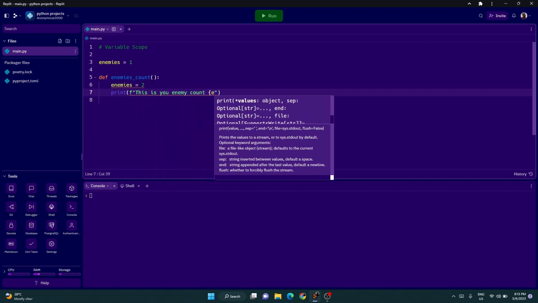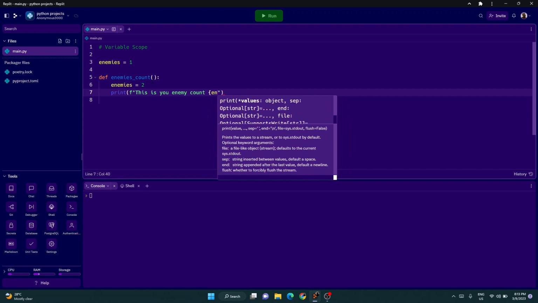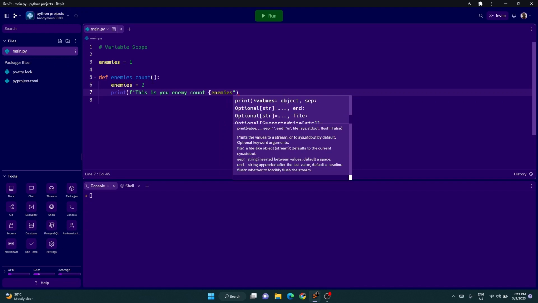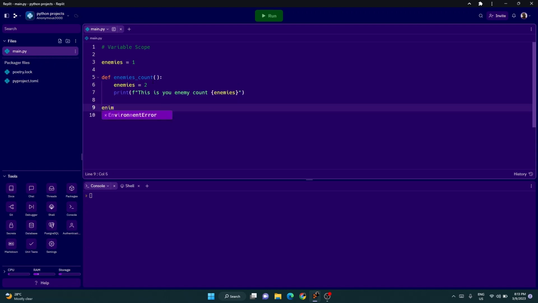I'll be using a string here, so it's easier. Okay, there we go. And I'm going to go outside the function and call this function,